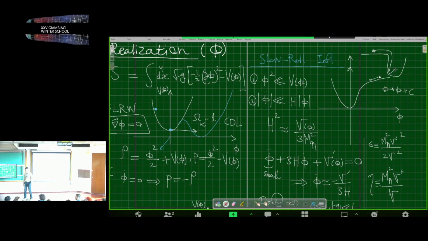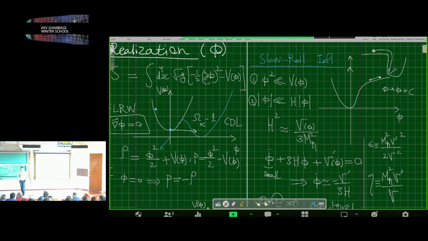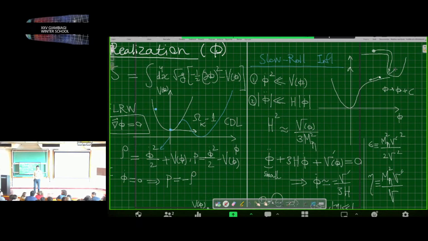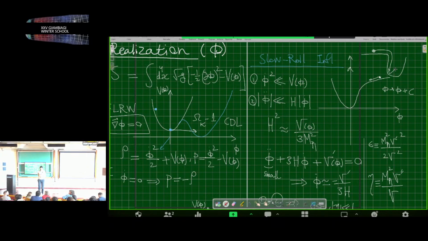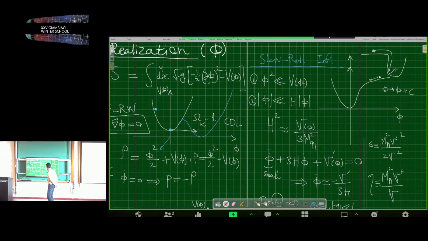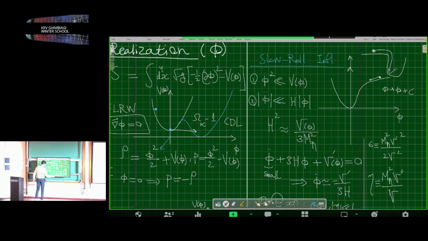Yes? Oh, I think there is a signal that I have to end, so maybe we discuss it. Okay. I haven't quantized yet, except this part was quantum, this tunneling, but of course it didn't work, so no, in this picture, so far everything was classical. So we reconvene at 4, right? Okay. Thank you.